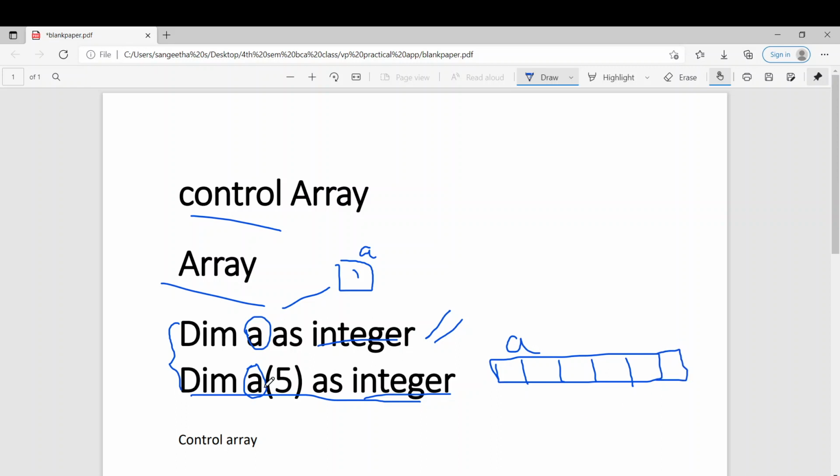So here the size is 5. As the index starts from 0 to 5, it can hold 6 values. So here you can understand that a normal integer variable can hold only one value. When it comes to array variable, it can hold a number of values under a single name of similar type.